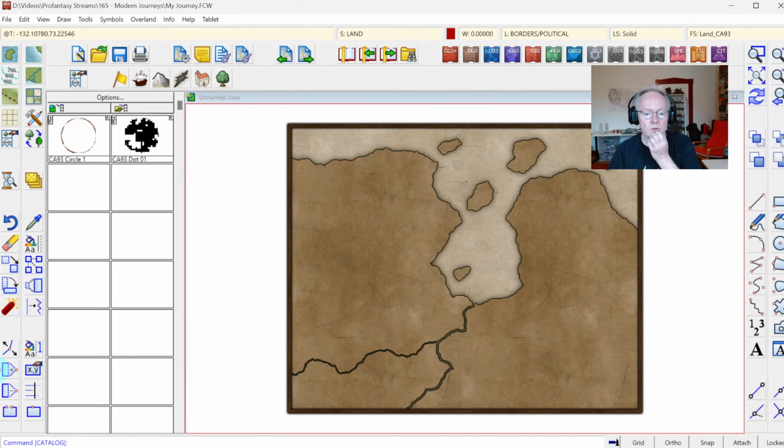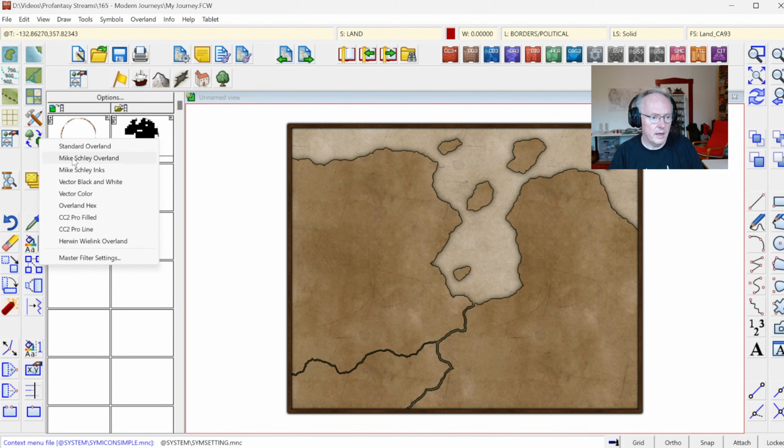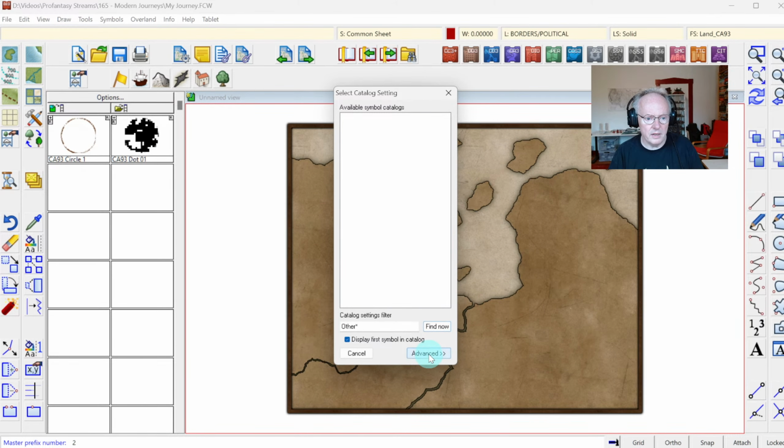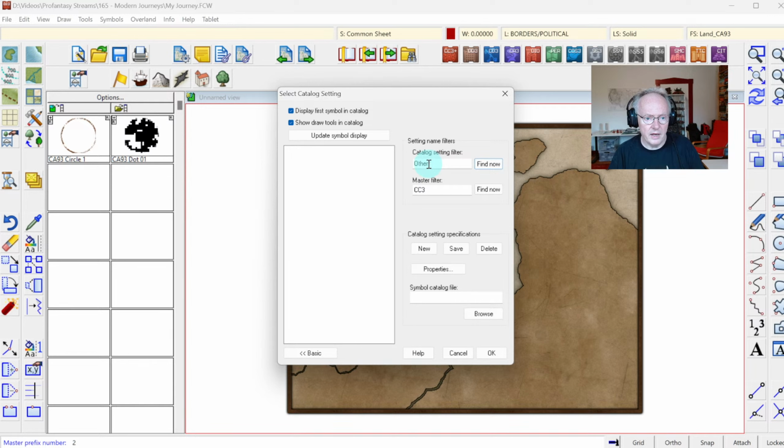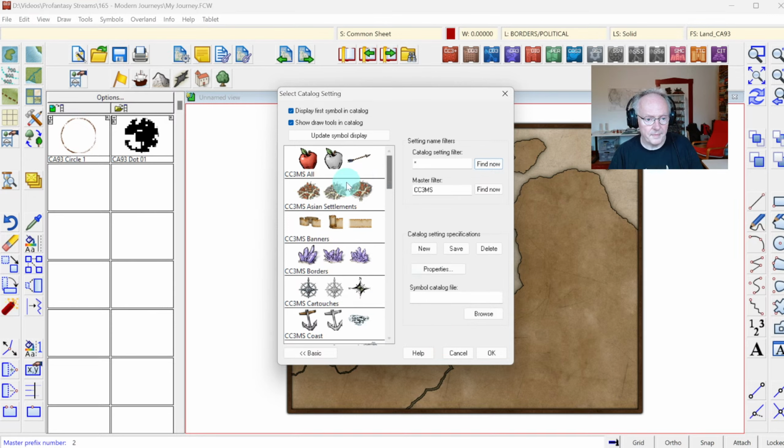But I do want to do something. I want to use more symbols. I want to use different symbols. So I'm gonna go for the Mike Schley style and have a look how these look with the style first. So I'm gonna click here and choose the Mike Schley overland style. It doesn't have any other. Should actually be the MS filter here. And there's our